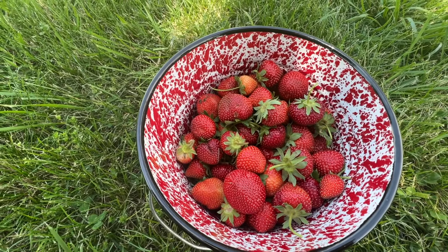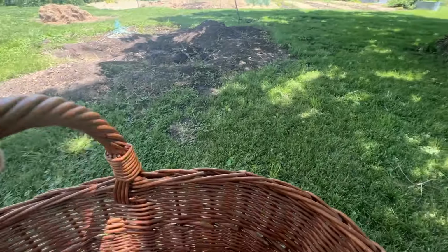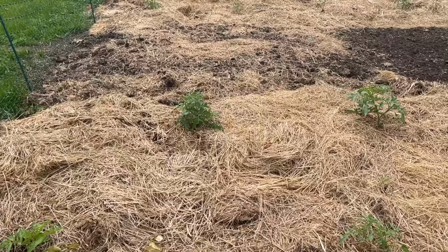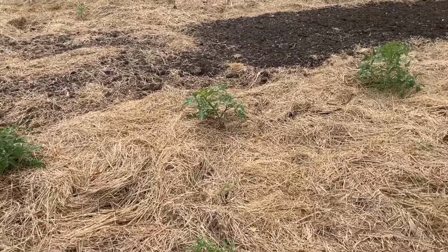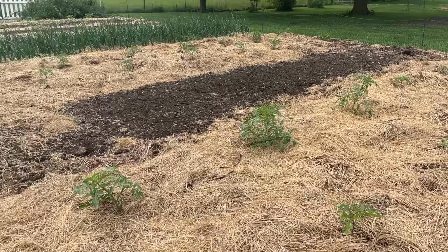So let's see what we're going to check out now. I think I'm going to go over here and get a few onions. In our other garden here, it looks like our tomatoes are doing well. They are starting to grow. Now, we did have